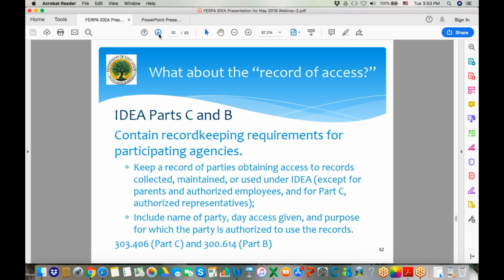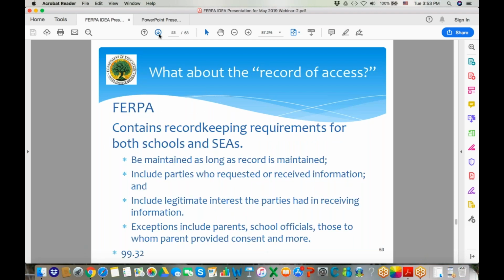If we go to the next slide, FERPA has some similar things. This is where we have some caveats where if it's certain exceptions where they're getting it through an exception, like if it's school officials, for example, you wouldn't see a record of access because they're accessing those records all the time. But some of our exceptions, we talk about where they have to document who has access, and that's kind of pretty standard records of access logs.